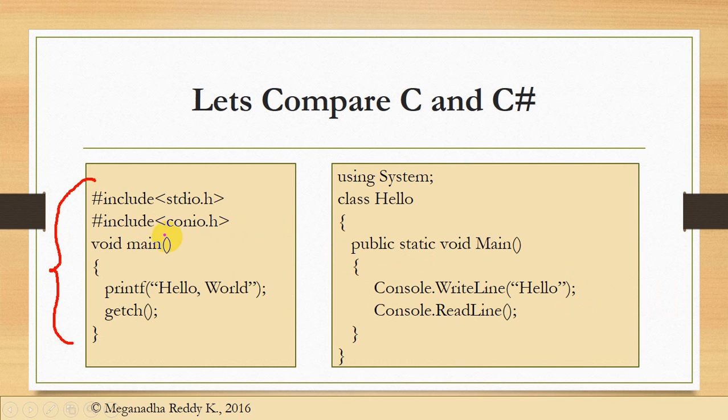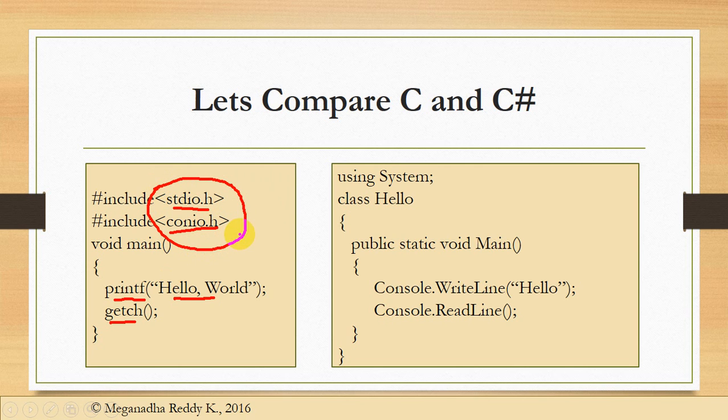Now if you compare C and C#, this is how a C language program looks. For those who don't know C, printf is a method which helps in printing hello world in the output console window, and we need to include stdio.h because printf is present in that header file. And conio.h, getch is a method present in that header file, so we need to include it. Whenever you refer to methods used for some functionality, you need to refer to the respective header files because the functionality will be present in them. So in C language or C++, we call these header files.